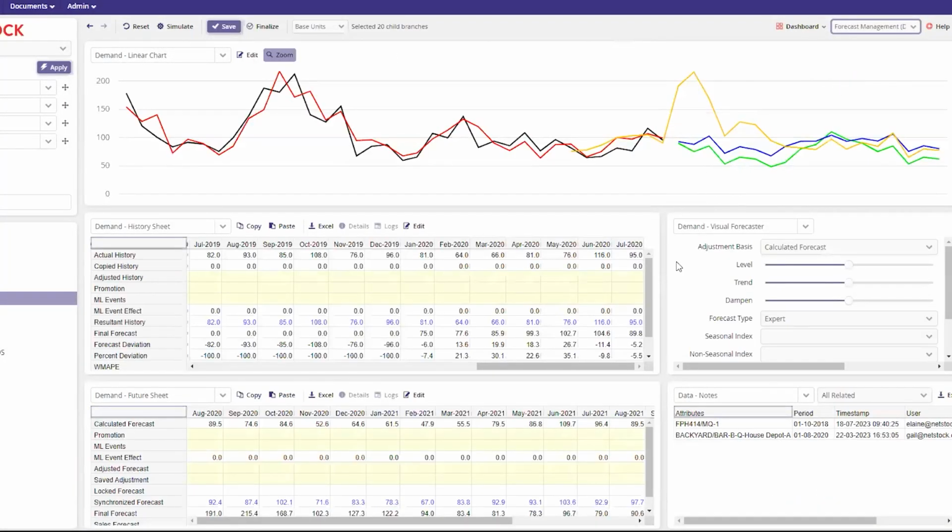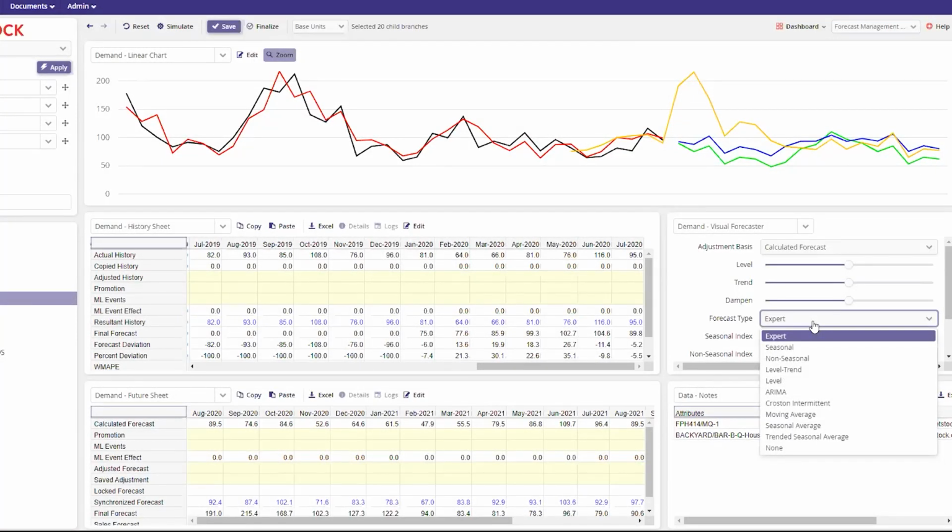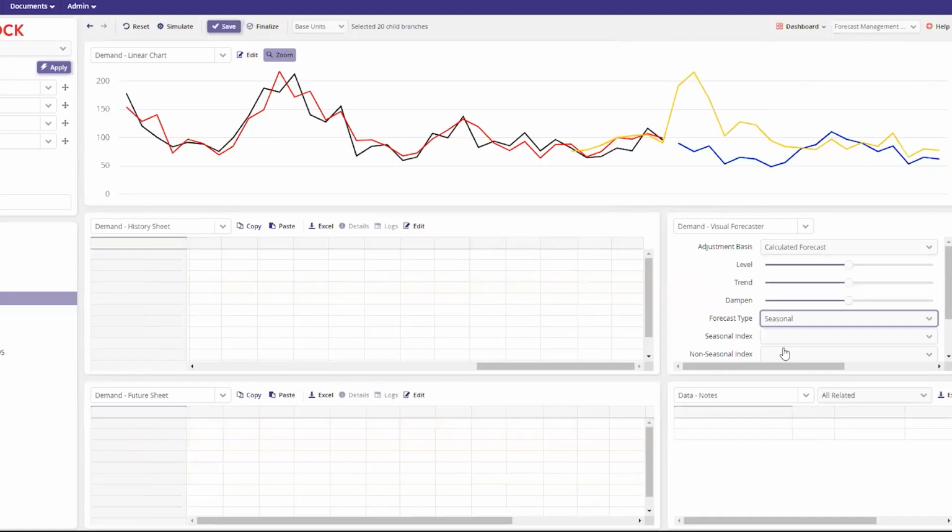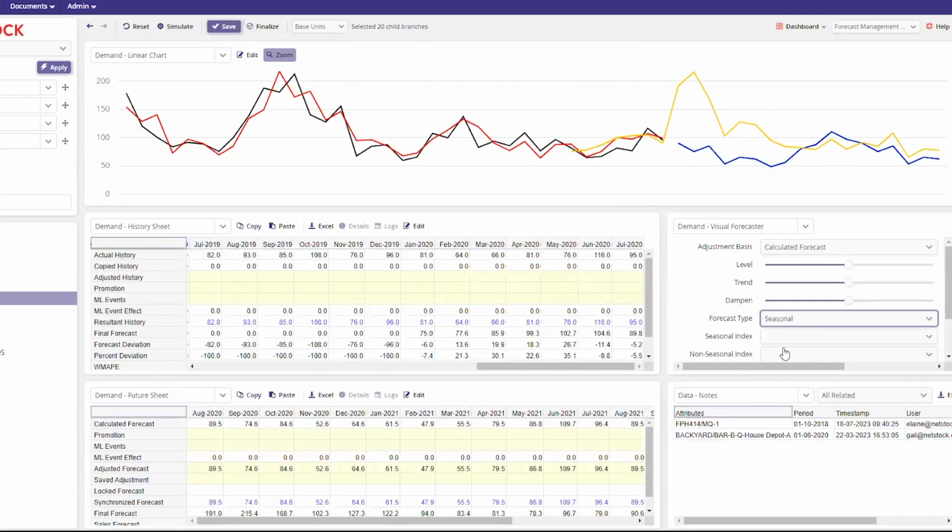One last dashboard to show is the forecast management one. And what I'll do here is actually show that you can change the statistical forecast. The system itself has picked expert as the forecast, but we've manually put this override in to say that it's seasonal, so why not just make it seasonal? If we do that on the fly, it will detect a seasonal trend, and it has now applied it. You've kind of lost the line, unfortunately, because the calculated forecast is now actually matching the final forecast there. But you can see the changes that get applied.